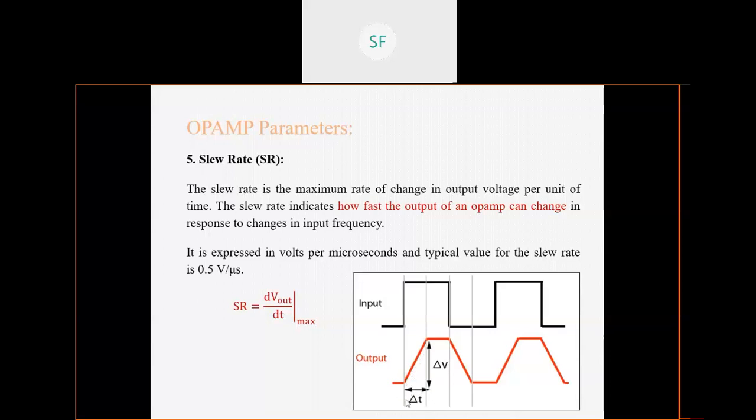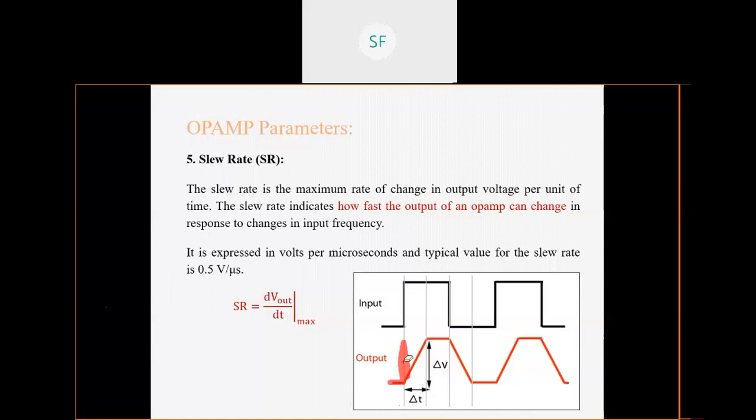So what happens due to this extra time? What happens due to the slew rate? It limits the operation of your op-amp. Means this is an undesirable thing. So ideally this delta t should be as minimum as possible. Means as the input is rising from 0 to 5, at the same instant your output should also vary, ideally, because the input is also going high at that instant. So if at the same instant your output has gone high, what will be the value of delta t? 0.